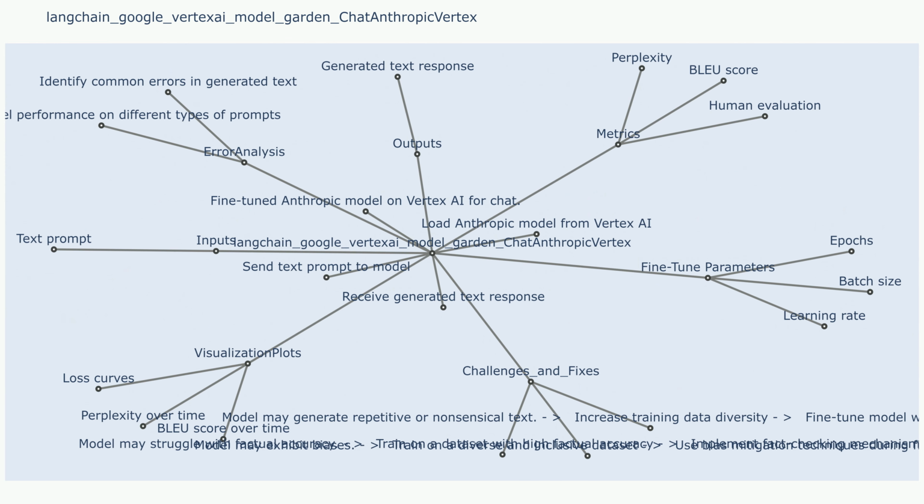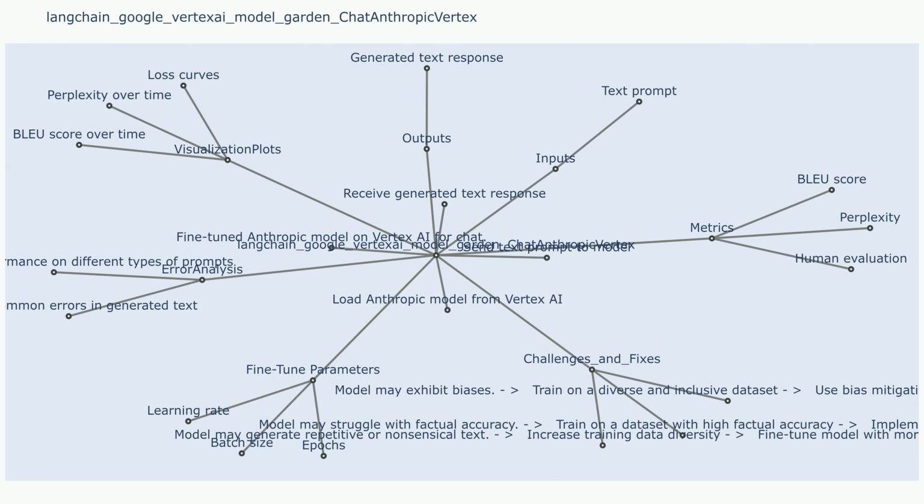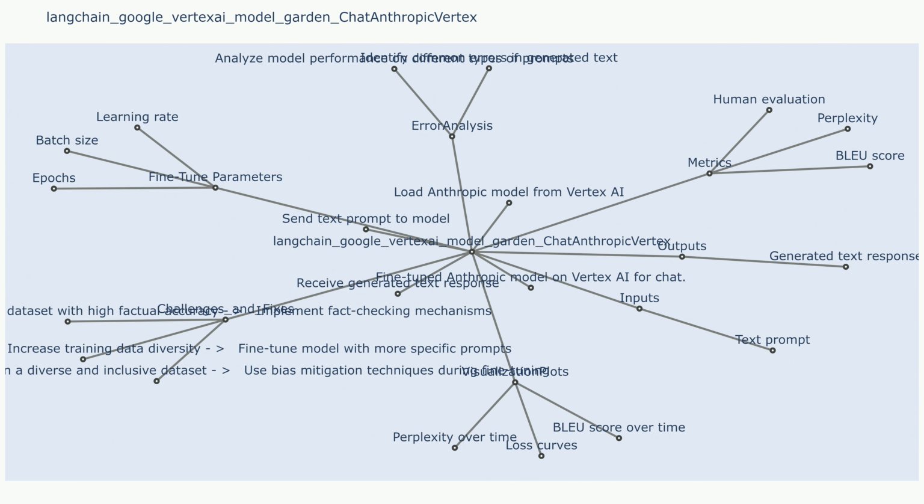Challenges and fixes. Challenge 1: limited context window. The model may have difficulty handling long input texts, exceeding its context window size. Sample use case that resulted in Challenge 1: attempting to summarize a lengthy document that exceeds the context window limit. Fixes to Challenge 1: break down the input text into smaller chunks or use a model with a larger context window. Challenge 2: bias in training data. The model may exhibit biases present in the